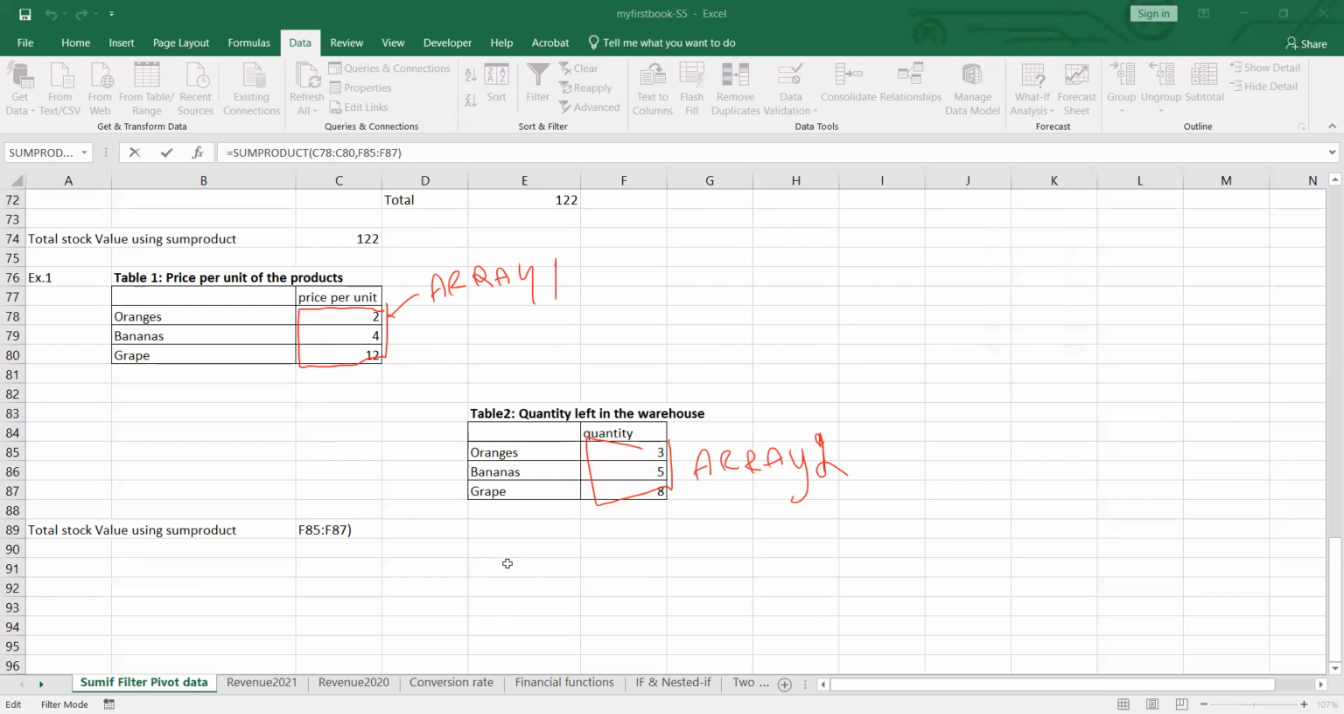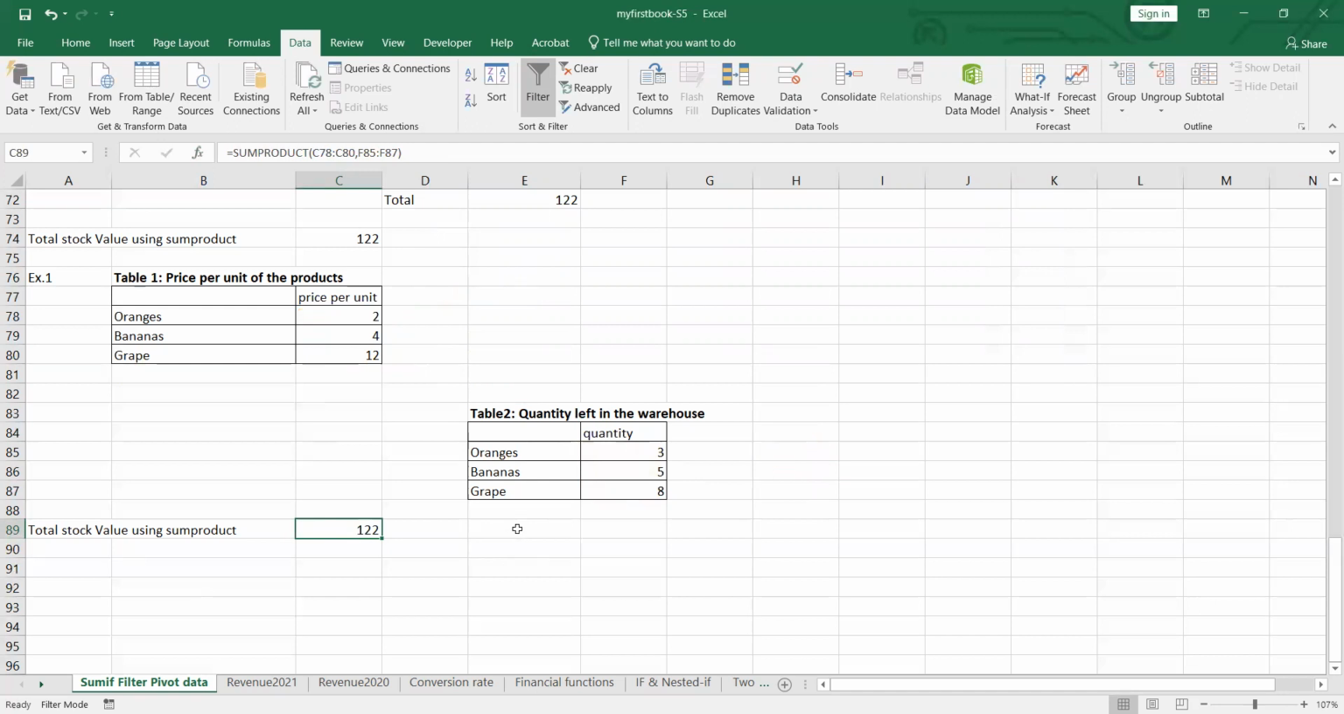But the important thing you have to know in this situation is that the order of the 2 tables must be the same. For example, if the first row of table 1 is the price per unit of orange, the first row of the second table, the quantity of the product, must be the quantity of orange as well, same for bananas and grape. Because if the second table's banana and grape are switched, or the quantity is reordered like this,